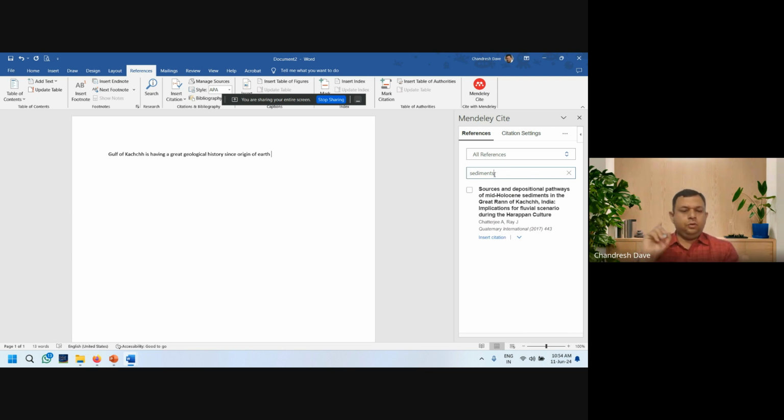I do not know the entire title, I do not know the name of the journal, I do not know the name of the author, but I know some key points like a study on sediments of Gulf of Kutch. So I used keywords to precisely find the article needed at this moment, select this and insert citation. So it will insert the citation at the location of the cursor in my Word document.